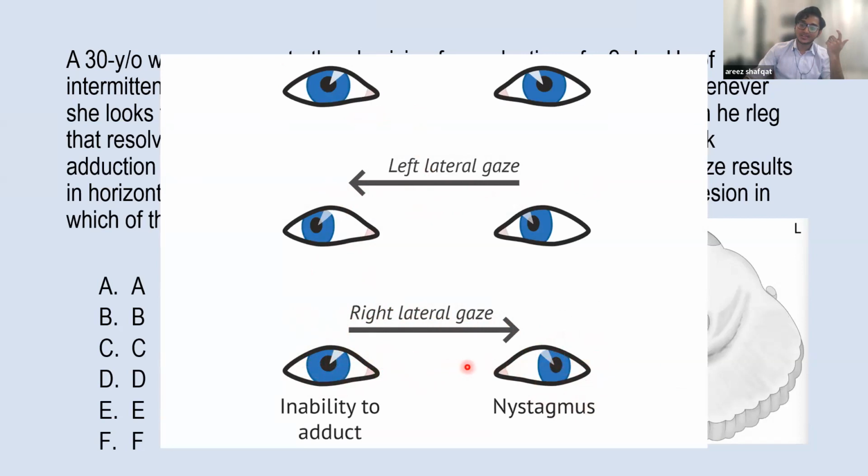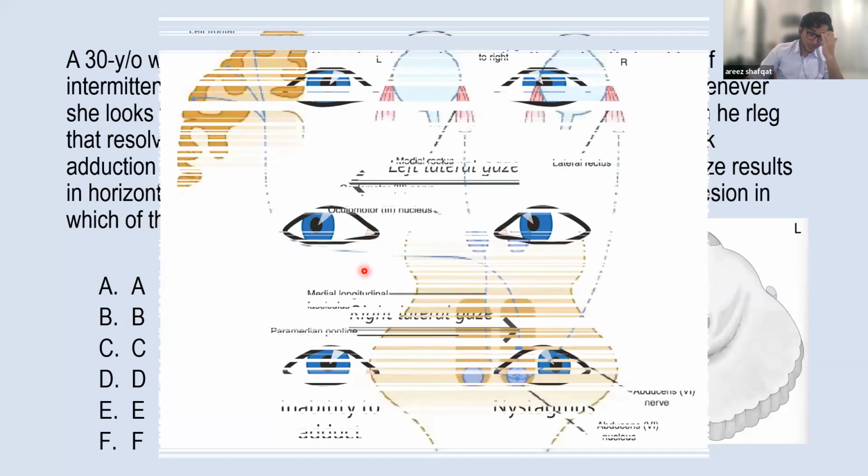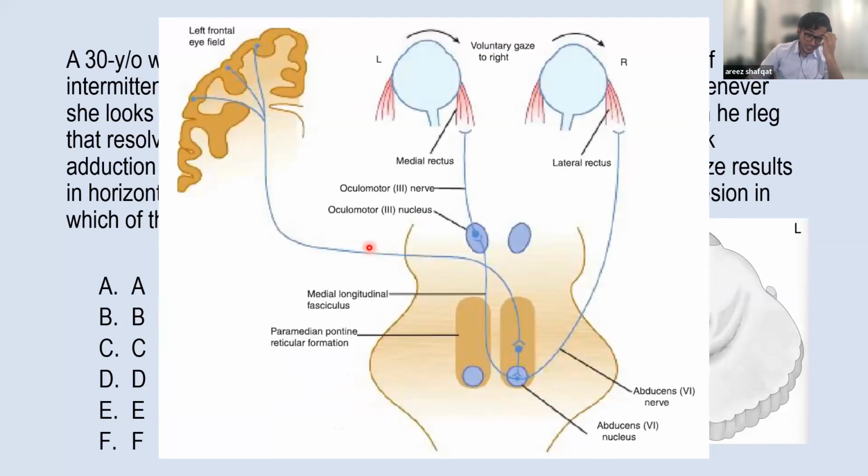So it brings it back, and there's nystagmus in this eye. But this eye is doing its job. It's this eye which is the problem. So the problem is in the eye which doesn't adduct. Okay? For the people who don't know what internuclear ophthalmoplegia is, put simply, there's a part in the pons called